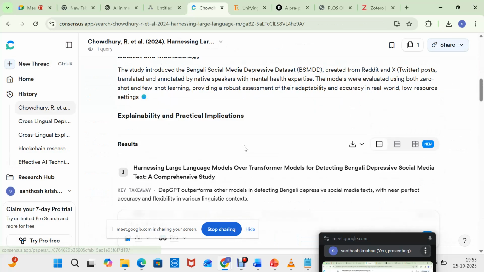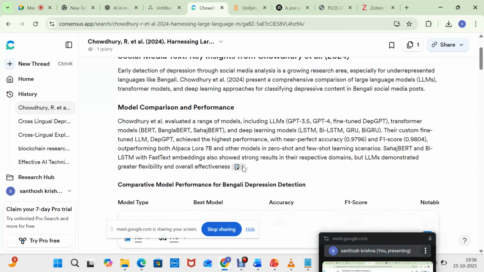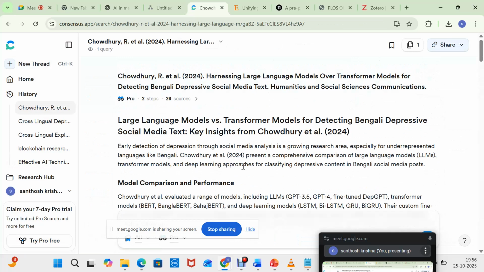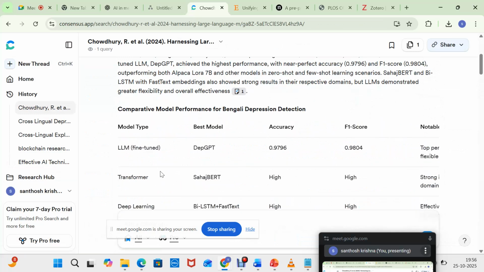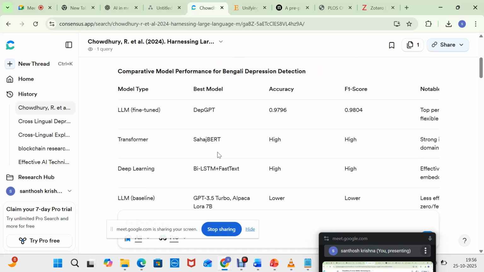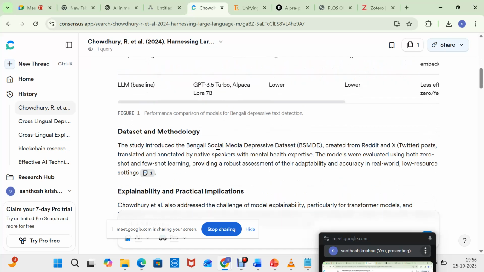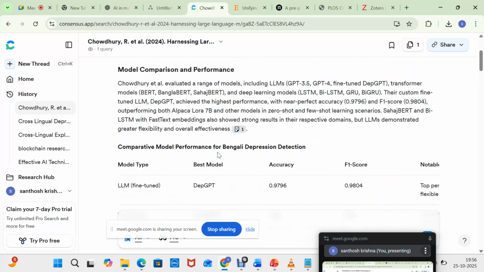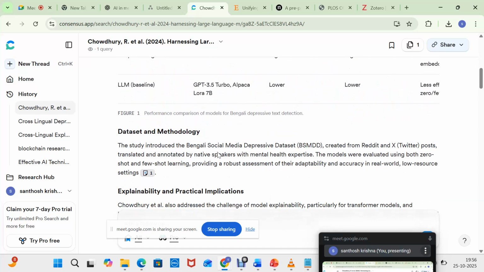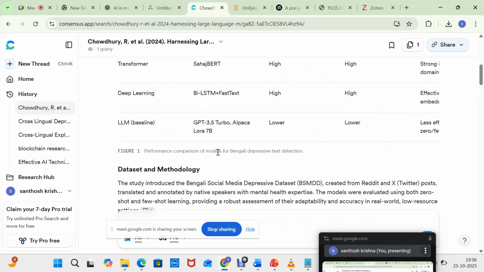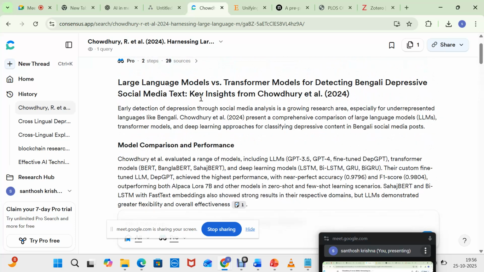Sorry, sir. At a time, how many papers can we upload, sir? Where, sir? In Consensus, at a time, how many references can be uploaded? No, if you want 3-4 references, you can add 3-4 references and then check them. But I recommend you to have 1 or 2 references at once, sir, so that we will have the idea of what is there in the paper. Once we upload three or four papers, we can get a comparison chart as well. Sure, sure. Thank you, sir. We can do it, sir. Now we have found it is authentic.